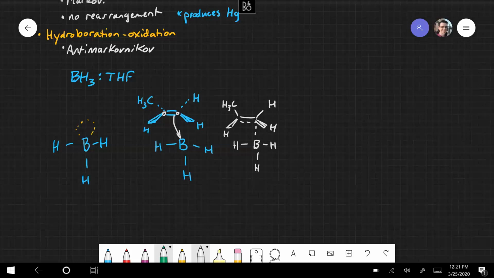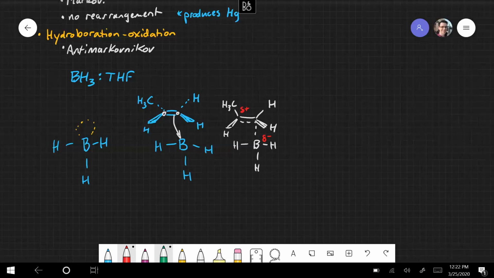Okay, when boron starts to form that bond with that carbon on the right, the carbon on the left starts to lose some of its electrons, become partially positive, while the boron becomes partially negative. Remember, the partially positive charge is most stable when it's on the more substituted carbon. So it's energetically favorable for boron to add on to the carbon on the right in this example,